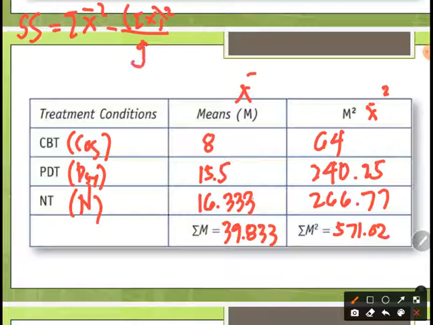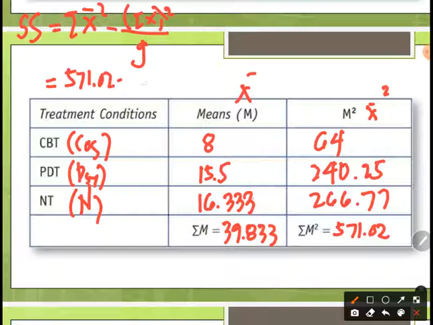Over G. So saan natin makukuha yung G? Yung G is yung number of group or kung ano yung sample natin. I mean, kung ano yung treatment. Kasi di ba meron tayong tatlong treatment. So yung G natin is 3. So okay, ilalagay lang natin yung value. So that is equals to